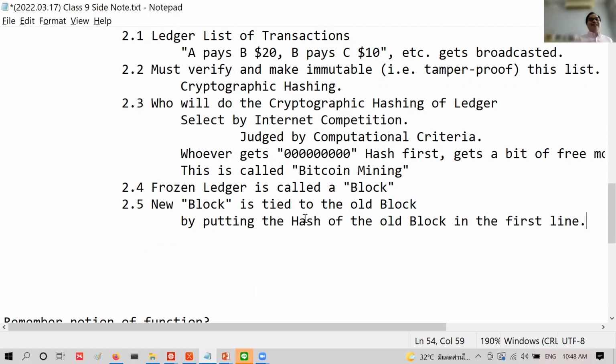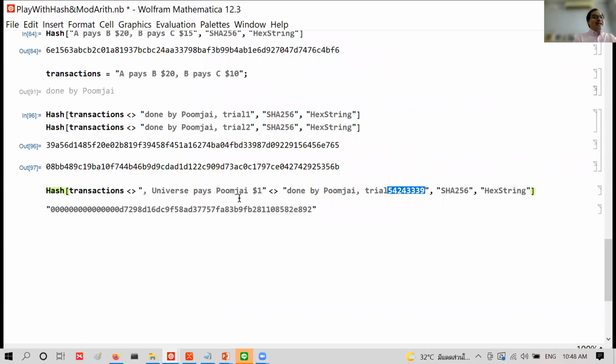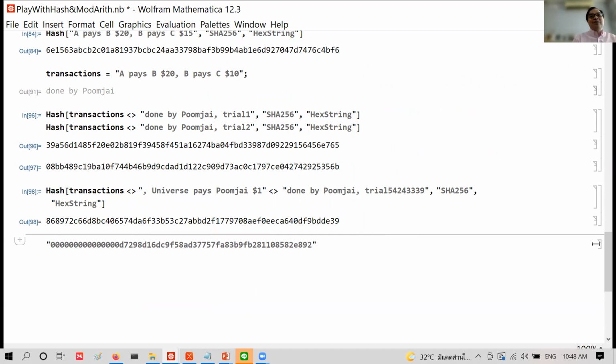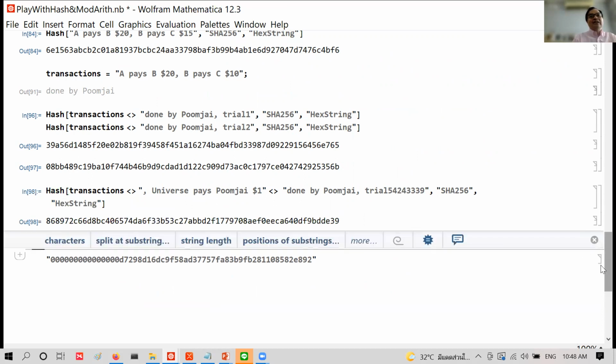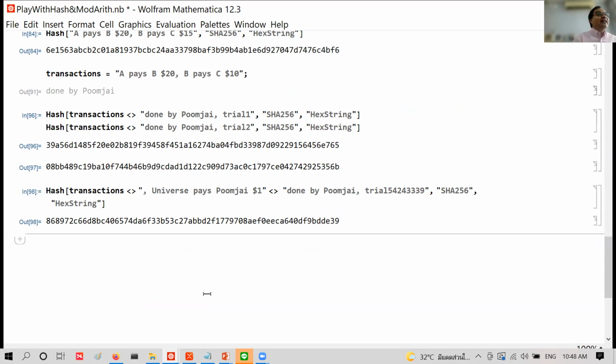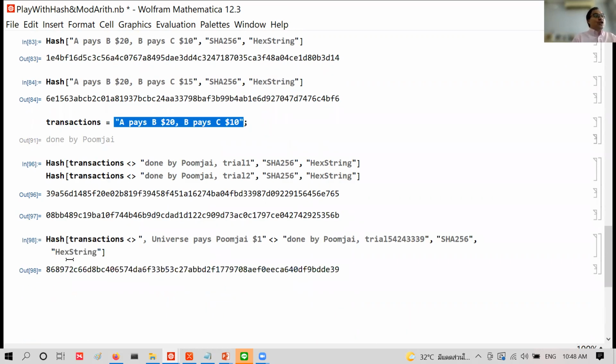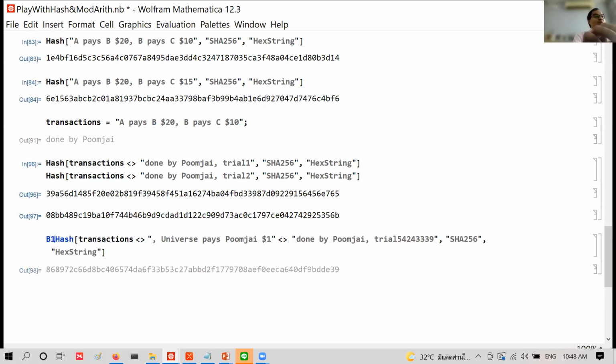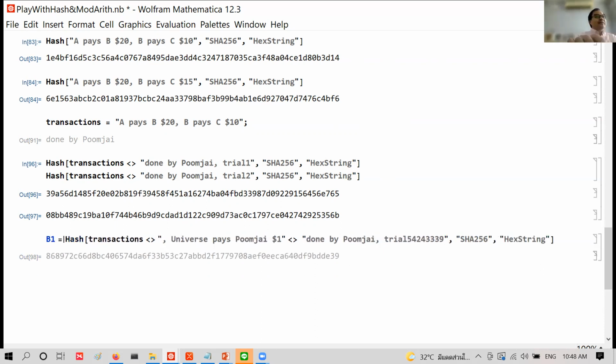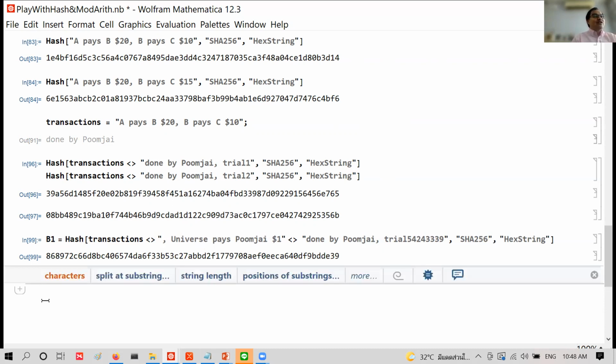Okay, so I'm just going to pretend that this is a lot of zeros. I'm just going to make it very transparent. This is how I hash the first block. Block one is equal to this. Now I'm going to hash block 2. I'm going to do exactly the same thing,